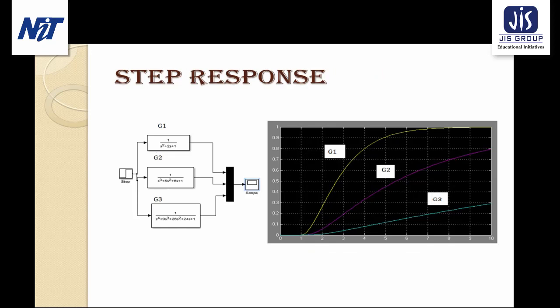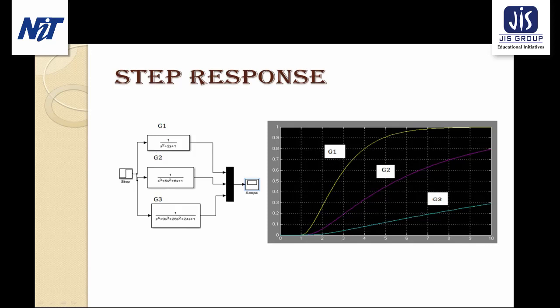Next, we are giving the step response to these three different systems. So G1, this one, is the first system which has only 2 poles. This has 3 poles, and this is the 4-pole system. And using Simulink I have made this. We are giving the step input to all these systems, and in the scope we can see the step response. This is the graph of the first transfer function which has 2 poles, this is the graph for the second transfer function containing 3 poles, and this one is the 4-pole transfer function's response.